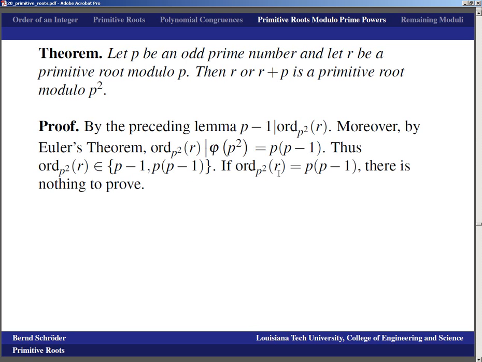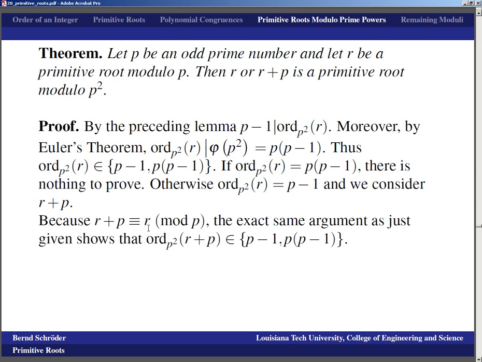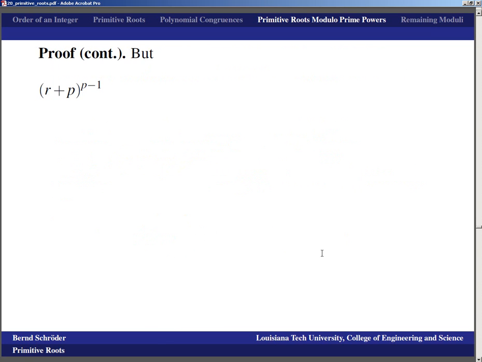If the order of r modulo p squared is p times p minus 1, there is nothing to be proved, then r is a primitive root. Otherwise, the order is p minus 1, that's the only other possibility, and we will consider r plus p. r plus p is equivalent to r modulo p, and that means the exact same argument as we just gave shows that the order of r plus p modulo p squared is also either p minus 1 or p times p minus 1. That means if we can show that r plus p to the p minus 1 is not equivalent to 1 modulo p squared,